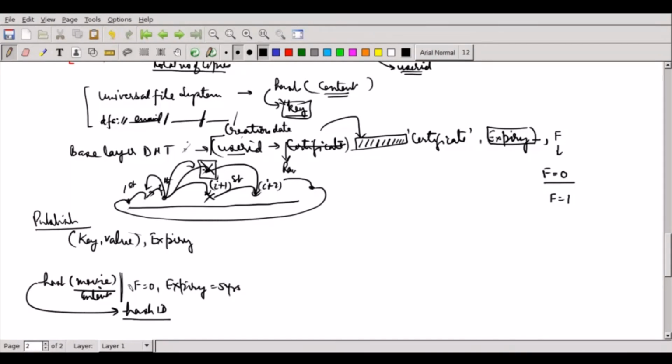So we have built a mechanism whereby the moment somebody accesses this particular content, this expiry is reset. This expiry is reset every time the content is accessed. So if nobody has accessed it for the last 5 years, then we can purge this entry.